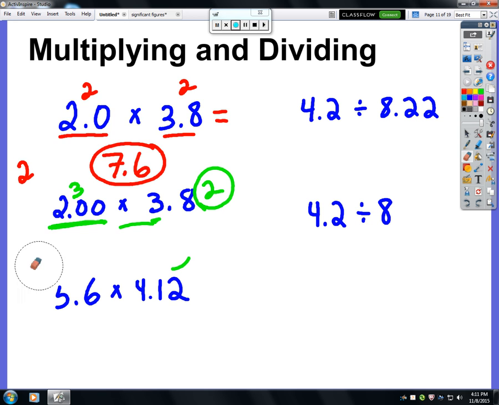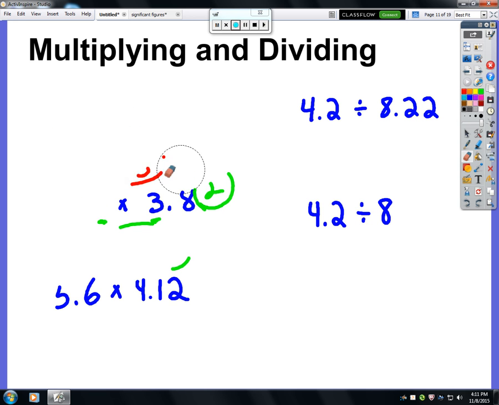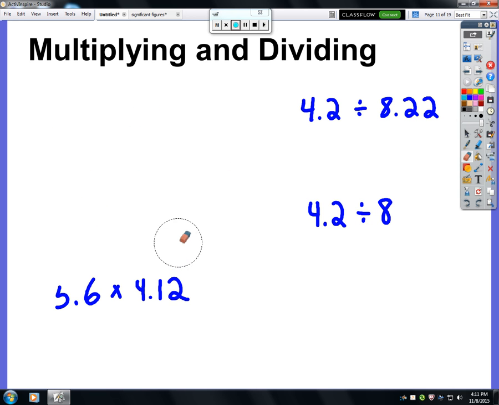All right, let's look at this next example here. So 5.6 times 4.12. How many significant figures are here? There's 3. How many are here? 2. So when you multiply your numbers to get your answer, 5.6 times 4.12, you get